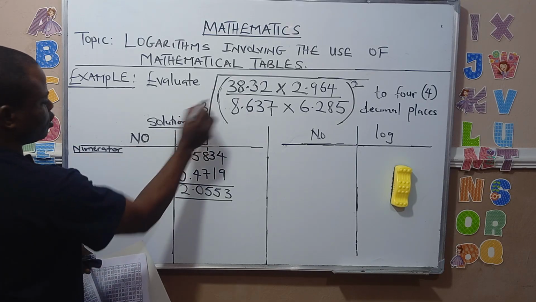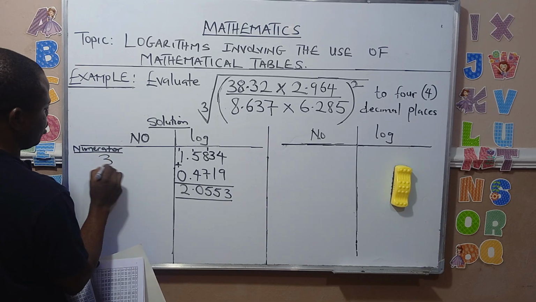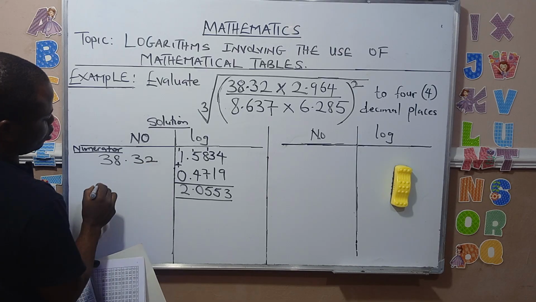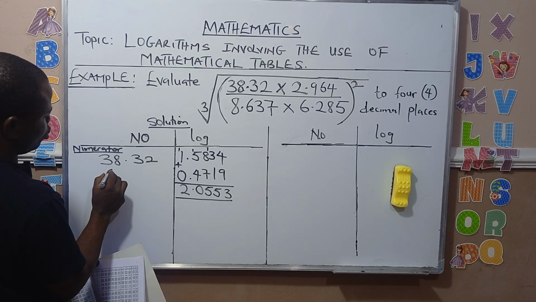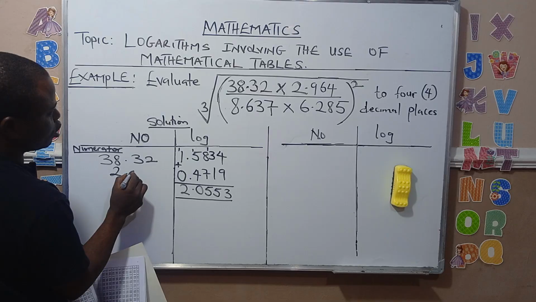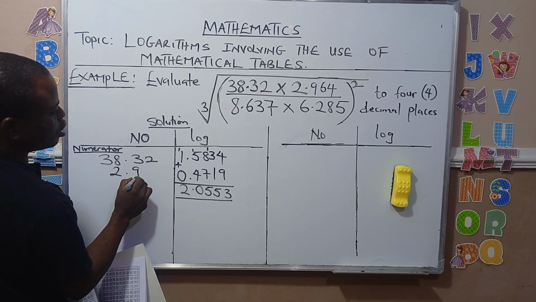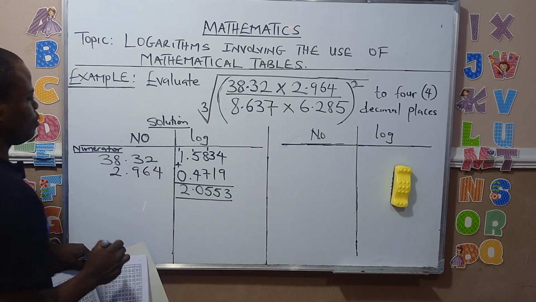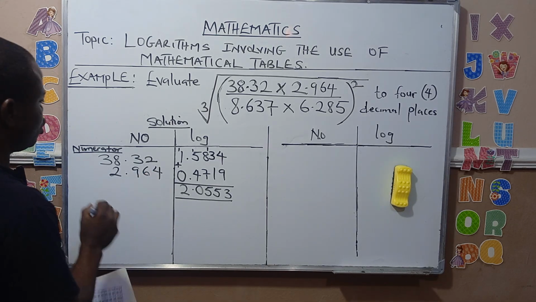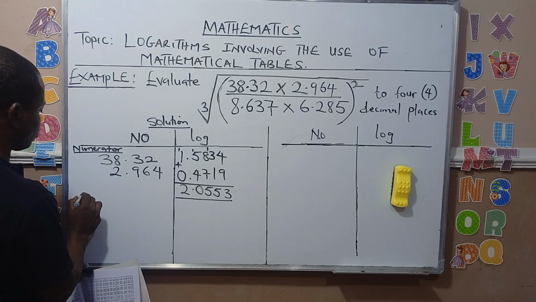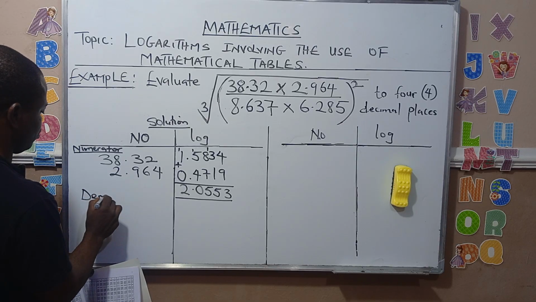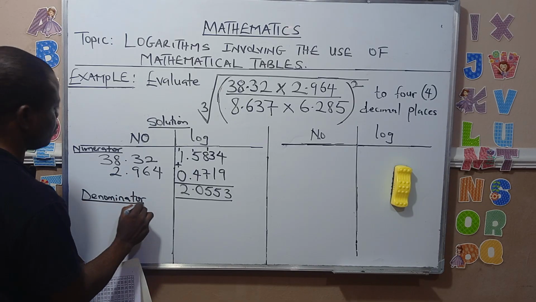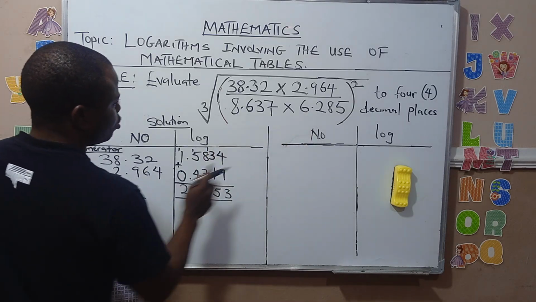The numerator, you're having 38.32 and also 2.964. Now let's go to the denominator. The number at the denominator is